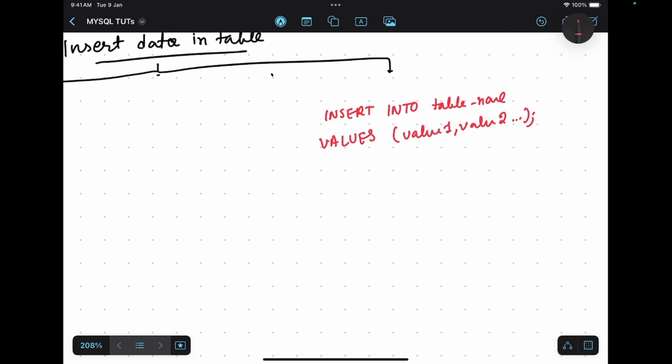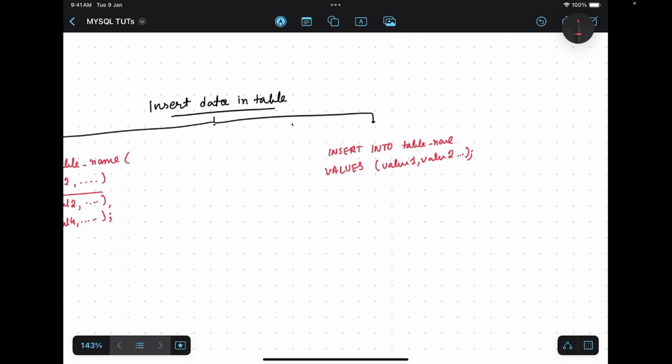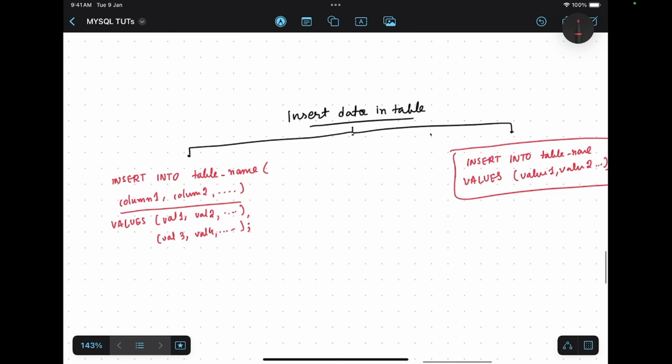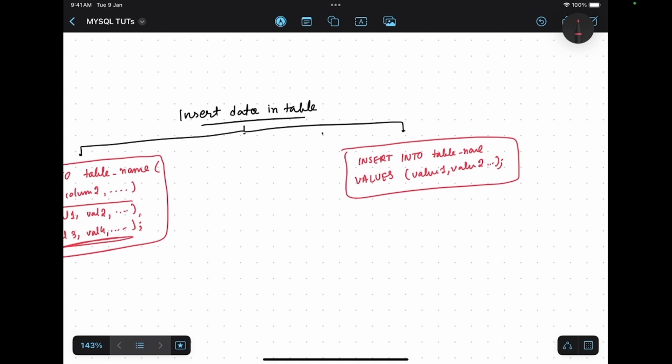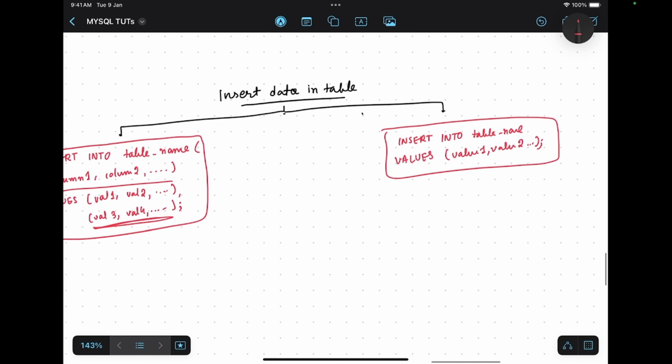Okay, just focus that in this syntax, if you have 5 columns, then definitely you have to supply 5 values. But here, let's suppose you have 5 columns and you just want to add values in just 2 columns, then you can also add, because you just have to mention the name of those 2 columns only. And same like here, if you have seen that we can add multiple rows, here also instead of adding a semicolon, you can add a comma and you can add multiple rows also. Okay, now let's see